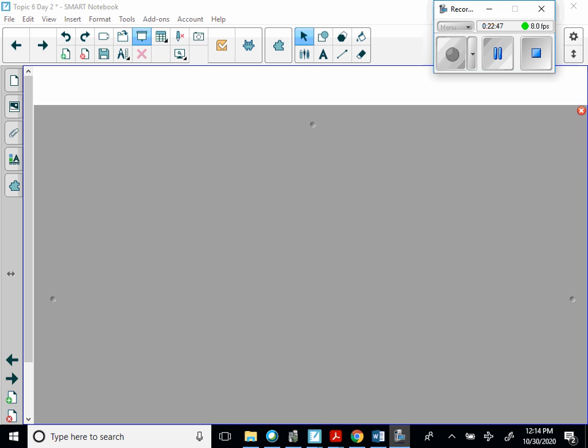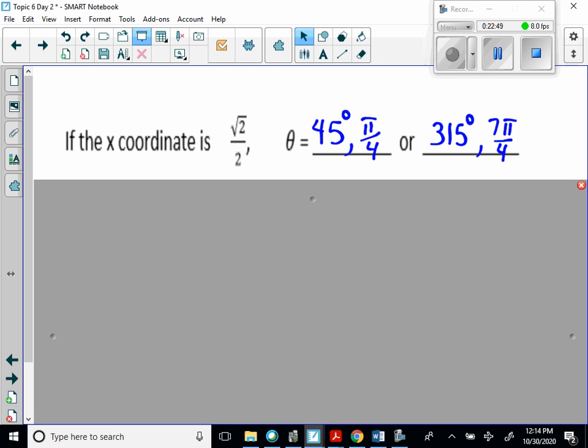Okay, so let's see how you did on the first few. So if the x-coordinate is root 2 over 2, that means when is cosine theta root 2 over 2. Okay, and that happens at 45 degrees, which is pi over 4, or 350 degrees, or 7 pi over